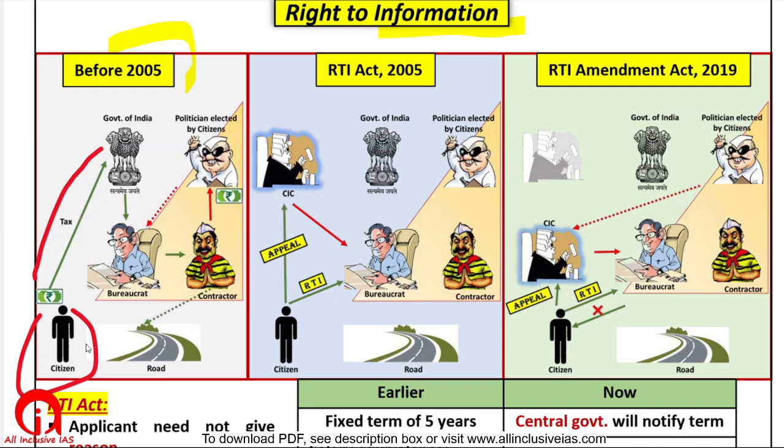Why are you paying tax? Because you want some roads to be constructed, right? You want some facilities as well. So the central government sends the money to, let us say, your collector. Take a bureaucrat. Now the bureaucrat says fine, we will get the road made. The bureaucrat gives the tender to some contractor to construct this road.